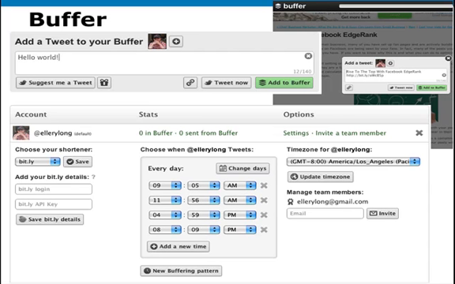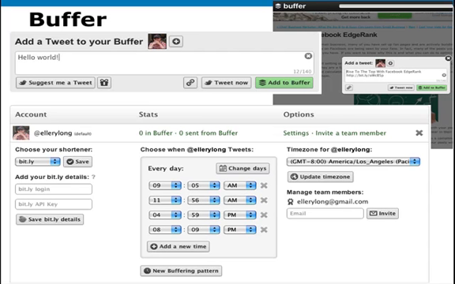Essentially, we all spend time reading blogs, reading industry websites, and we think, oh, this is something I'd like to share with my network. What Buffer allows you to do, and there's a plugin you can see up here on the top, this is the Safari plugin, as I'm reading a blog post, I can just add that post to my buffer. And by doing that, essentially I've got a backlog of good content that can be leaked out throughout the day, throughout the week, to give me a constant stream of presence on Twitter.